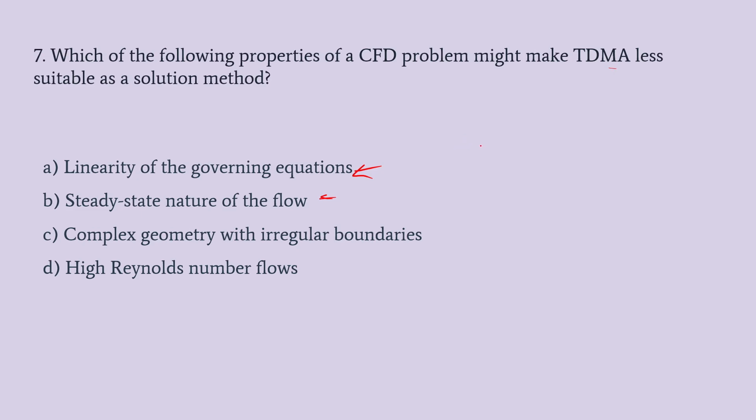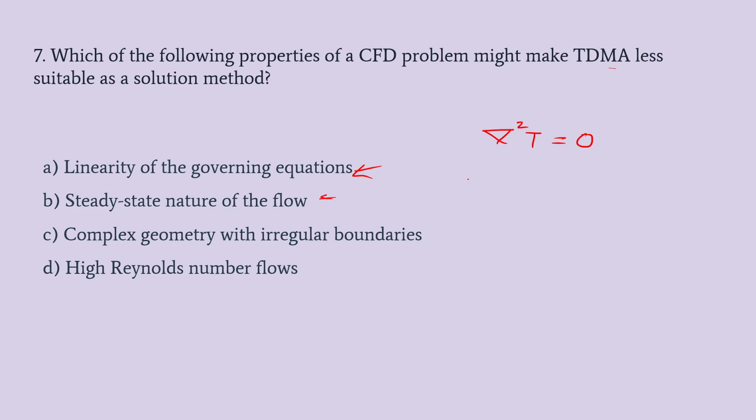Suppose you see del square T, that is steady state. This is a Laplace equation for temperature, and such an equation, if you reduce it, can boil down to tridiagonal or pentadiagonal systems. So the TDMA method can be easily used in